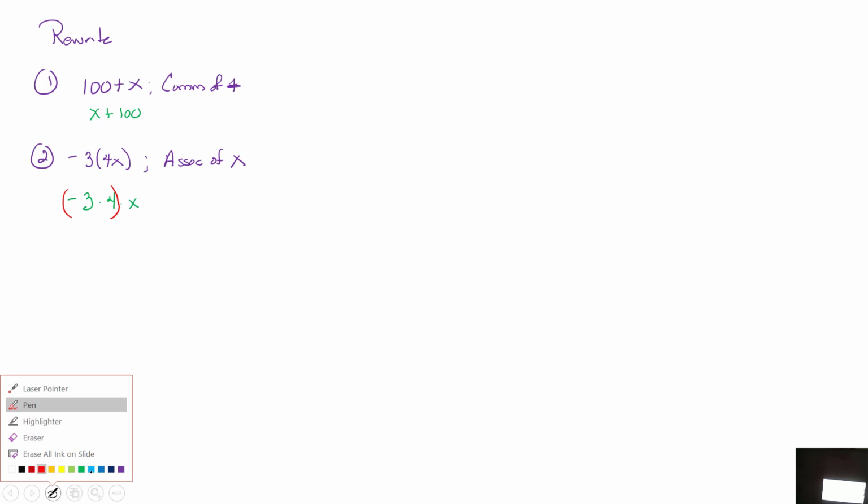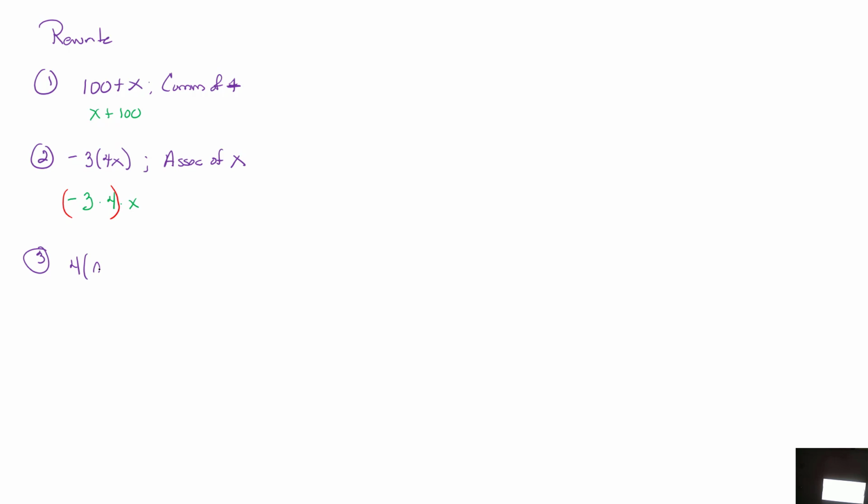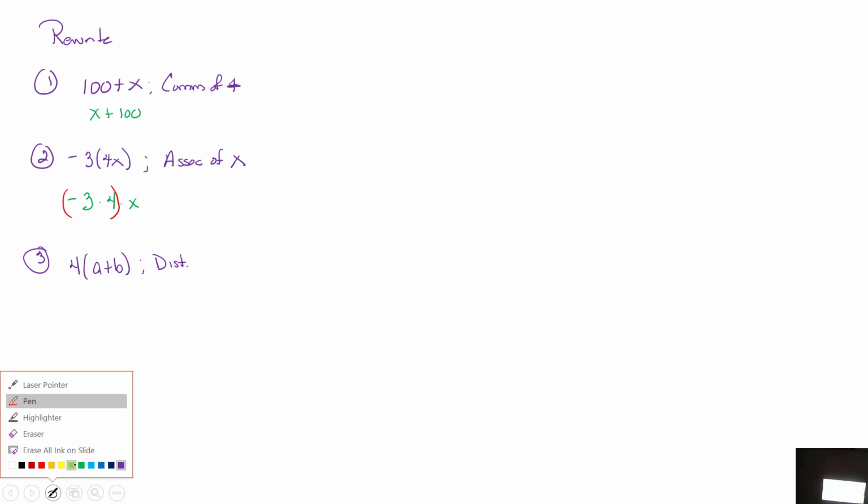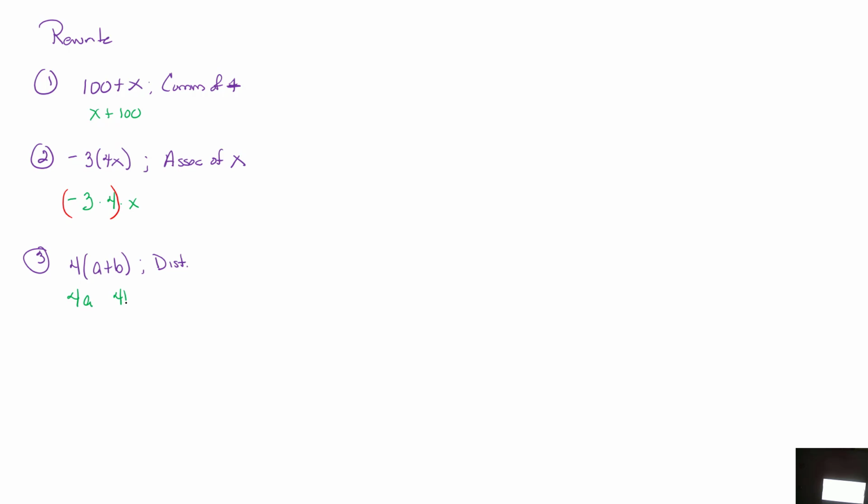What about if I give you this particular problem and I ask you to work this out using the distributive property? Well, according to the distributive property, I'm going to do 4 times A, I'm going to do 4 times B, and then I get to add them together. But here's the interesting thing about this particular property. If I now give you this instead,